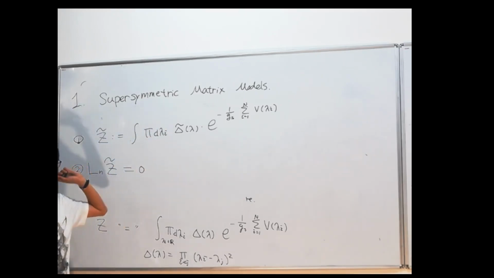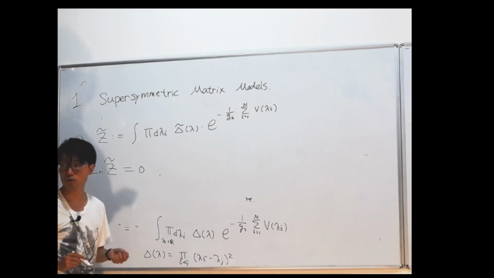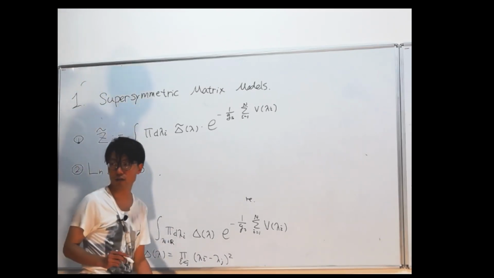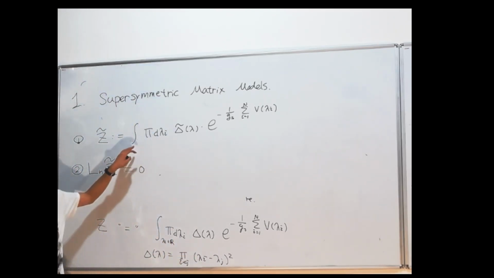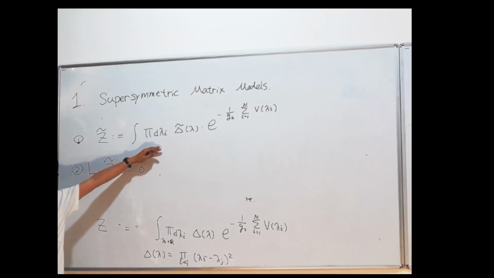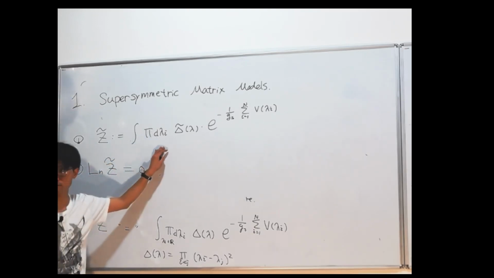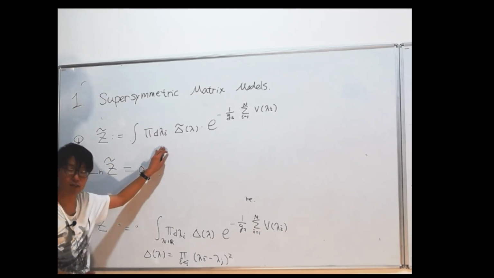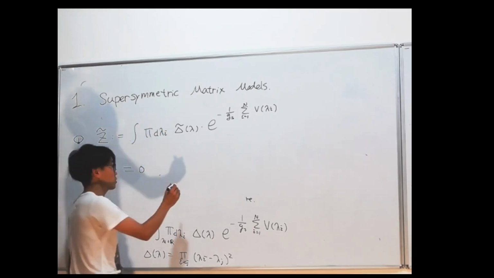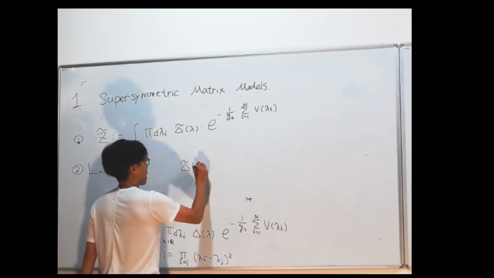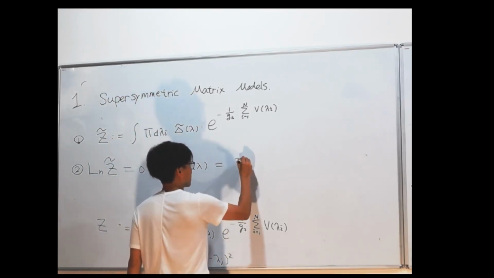And the answer is, by assuming some condition, which is written in the exercise sheet, basically meaning assuming that integration by parts doesn't give any contribution, you can show that up to an overall constant, this is in fact